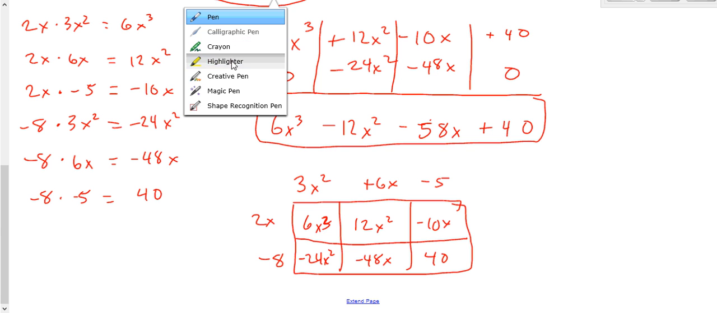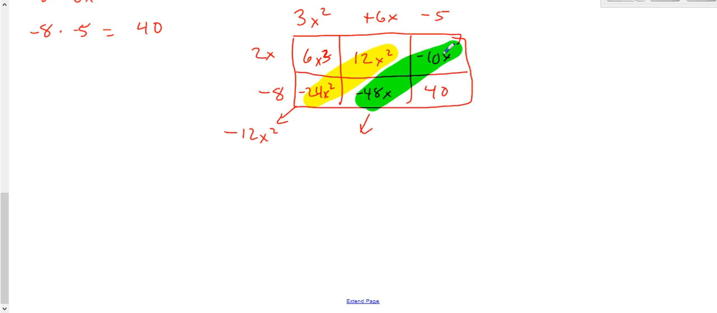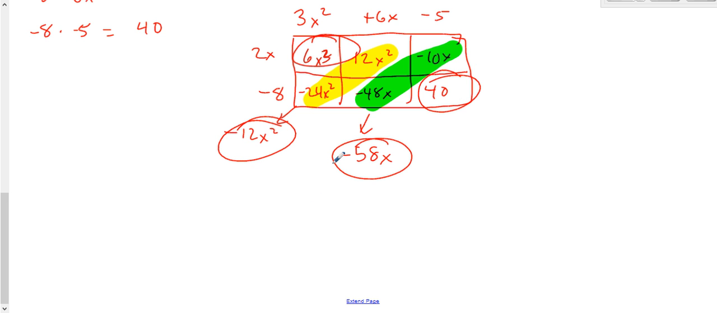And again, just like before, your diagonal values are going to be like terms, and you can add those together. And here you get your negative 12x squared. And here you're going to get your negative 58x. And you start here. And then there's your next term, your third term, and your fourth term. So you're going from top left down through to your bottom right. And you get the same exact answer